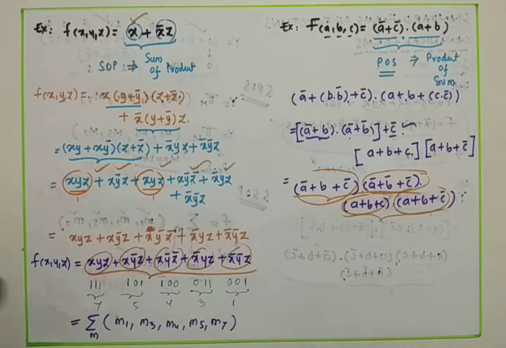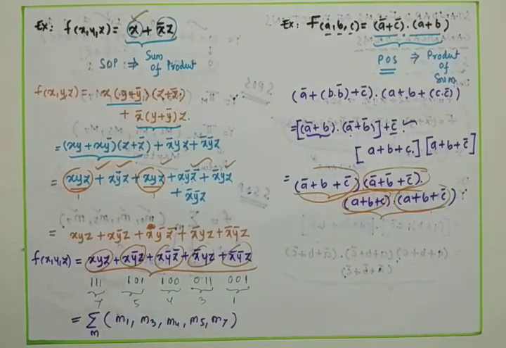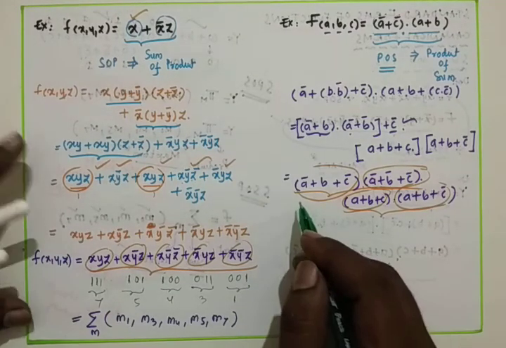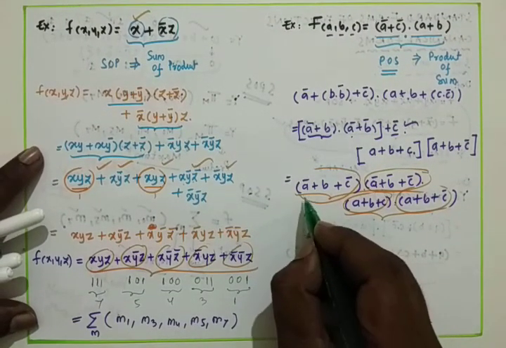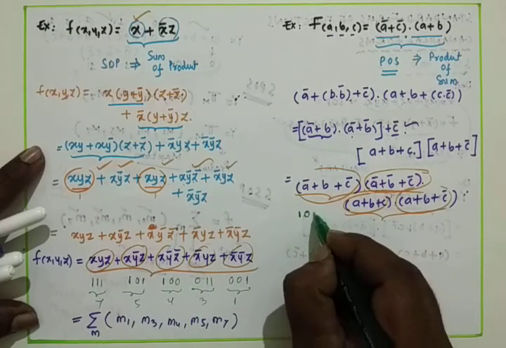Then we can convert that into another form now. See this one, in what way I am writing the other form. A complemented variable will be represented with 1, uncomplemented will be represented with 0. So I am going with the signal now. This is a complemented signal, right? Complemented means 1, uncomplemented will be 0.